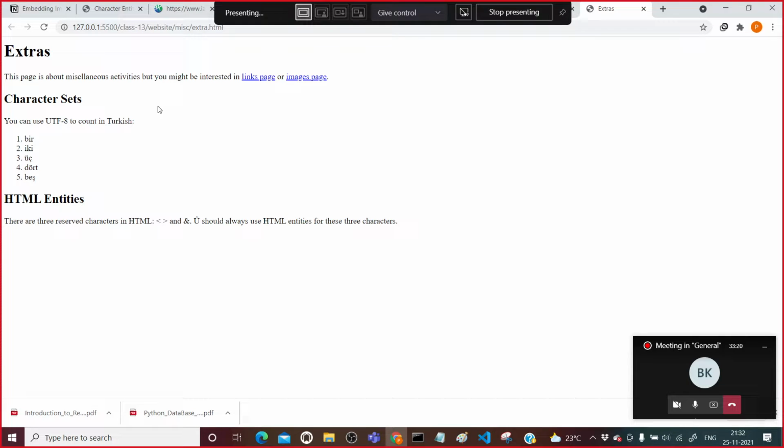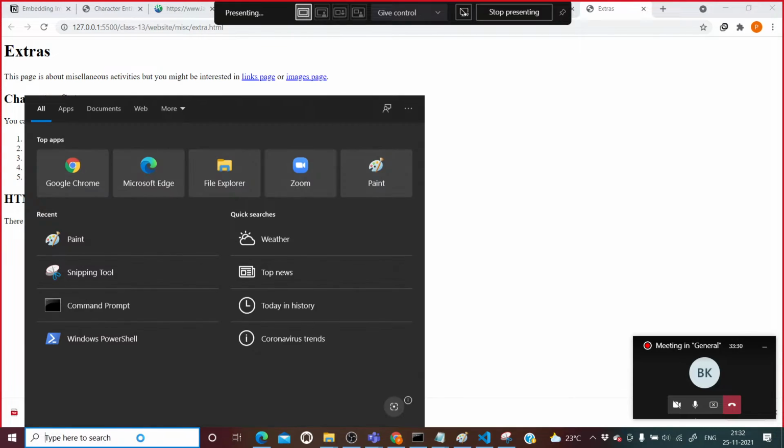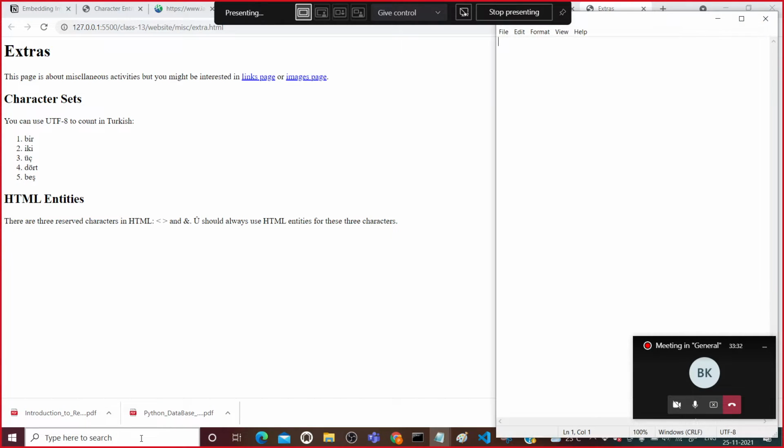Now there is one more thing: quotes. You must have seen quotes. In Notepad, you might be aware of these single straight quotes. There are curly quotes as well.